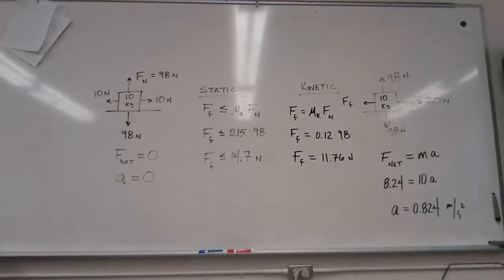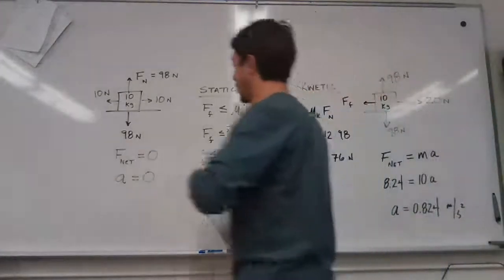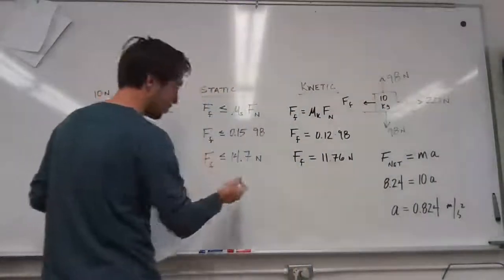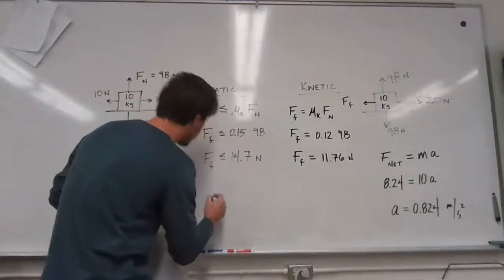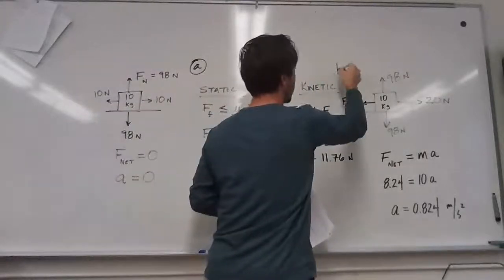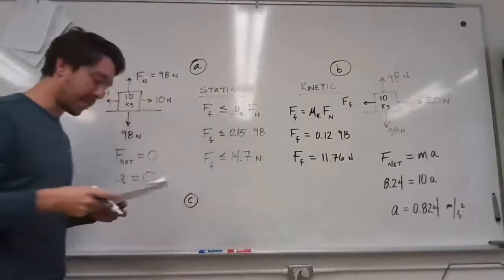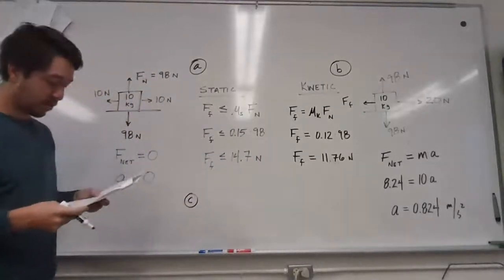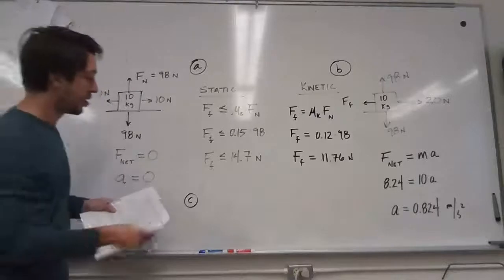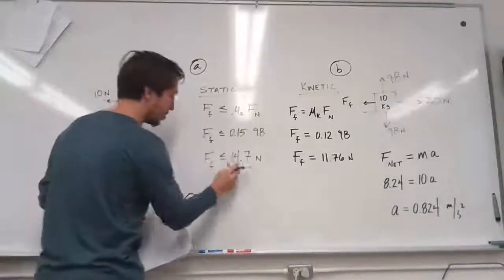Cool beans? All right, to answer part C, we go down here. So the first one was part A. This is part B. Part C is pretty short. It's just what's the minimum amount of force required to get the block moving? Well, to get it moving implies it was at rest, so